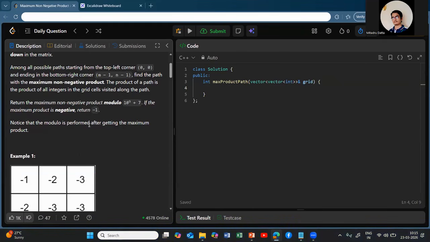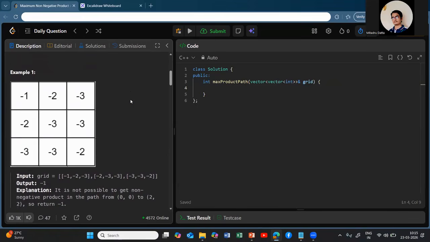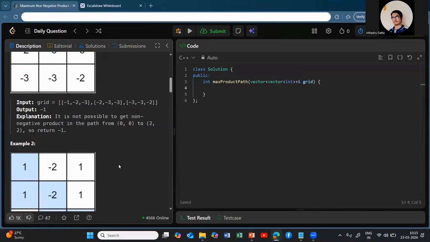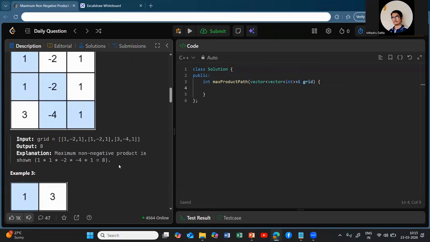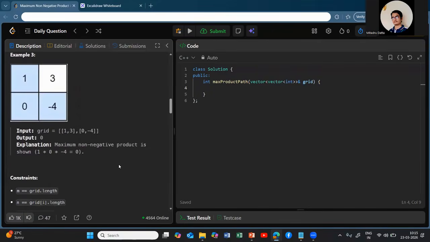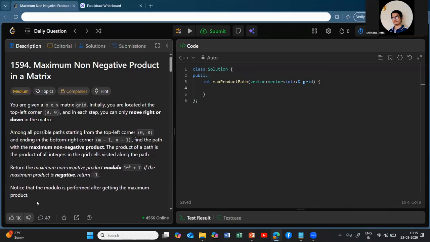So you need to find the maximum non-negative product, and the product of a path is the product of all the integers in the grid cells visited along the path. So let's say in this example, if you are traversing this path of -1, -2, -3, -3, -2, then this will be the product of all these numbers possible. And if you try to see, there are many examples, and this is actually a very common grid